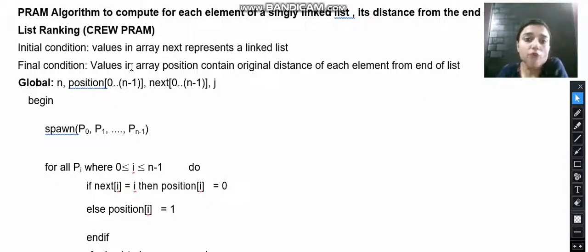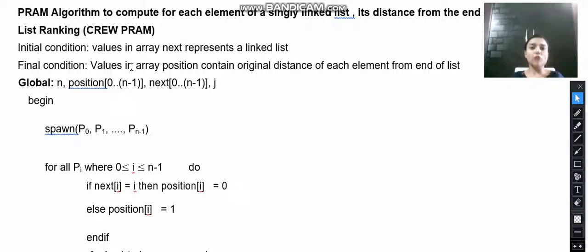which contains the value representing the distance of each element from the end of the list. We also have to describe the global variables, and we have global variables like n, the array position with values from 0 to n minus 1, and the array next whose values are from 0 to n minus 1.